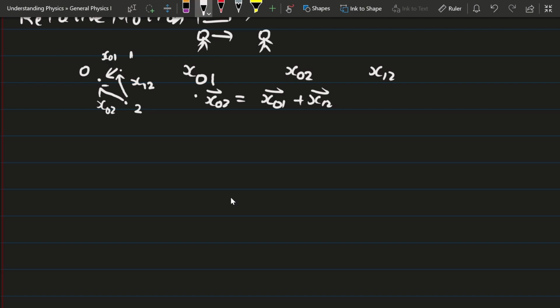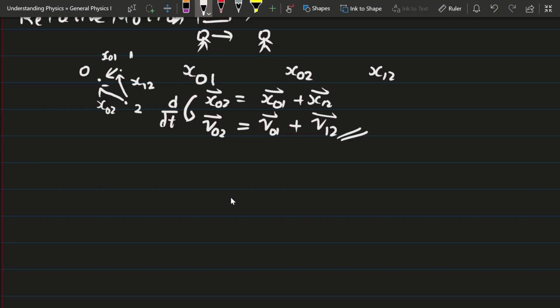Let's just take the derivative of each, and note that this change in position over the change of time will be the velocity of the object with reference to the second frame, and that is equal to the velocity of the object from the first reference frame plus the movement of the reference frames relative to each other. And so this is one of the important formulas in relative motion,